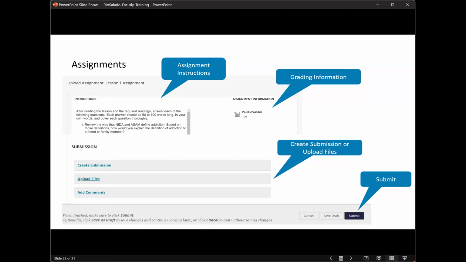Now, the big difference between the assignment and the test is the assignment allows the students to save a draft. I do have a word of caution on the next slide, but I want to mention it first. Draft assignments cannot be accessed by the instructors. Only the student who saves their draft can access that draft later on. Just click back on the assignment and they can continue before submission. So want to keep that in mind.